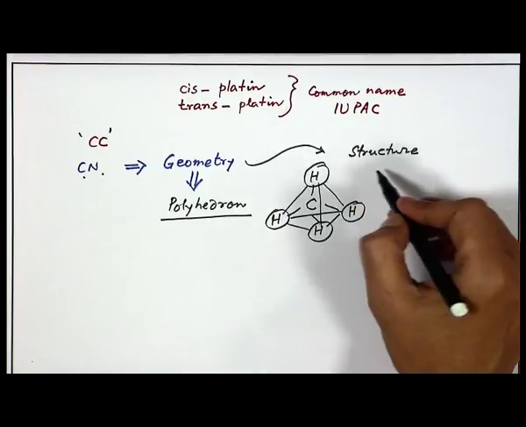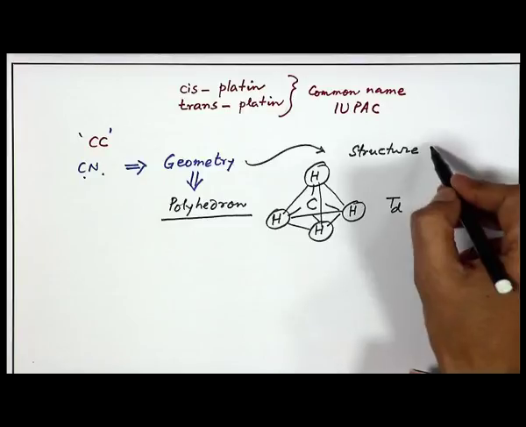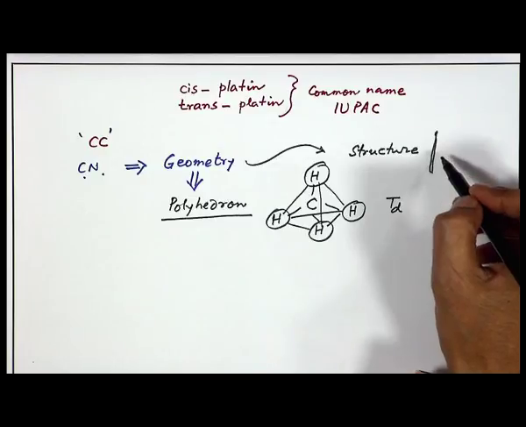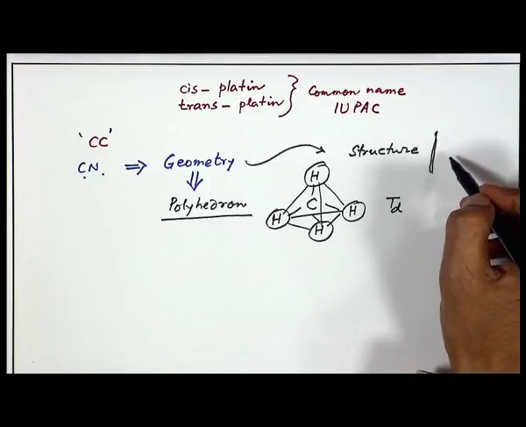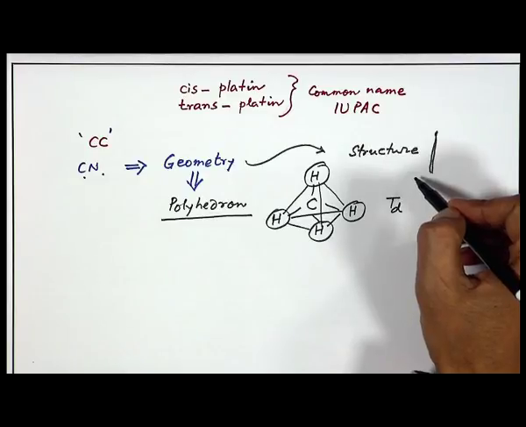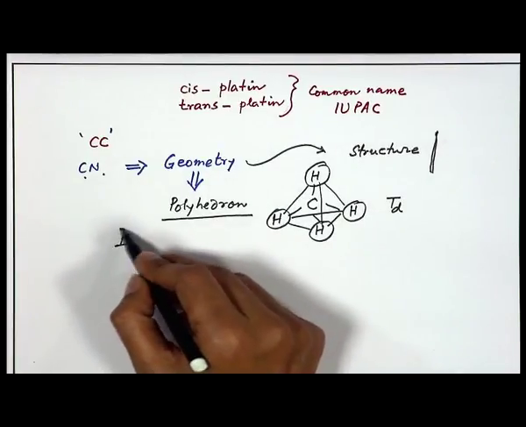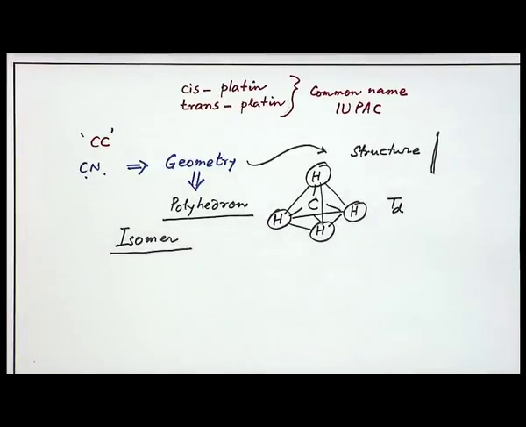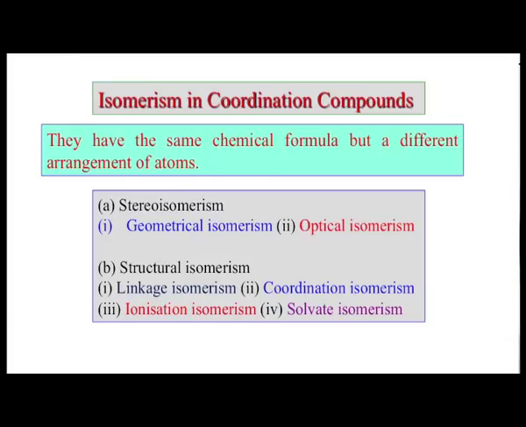So, the structure of that particular coordination compound, and if there is some variation related to the connectivity, the coordination nature, ionization and the presence of solvent molecules, what will we find? We will find what we can call the corresponding isomer. So, these isomers we will get for the structures. The different structures we get here: the first one can be the linkage isomer, that means the linkages are different. So, we should read the name very carefully: the connectivity is different, so we get linkage isomerism.